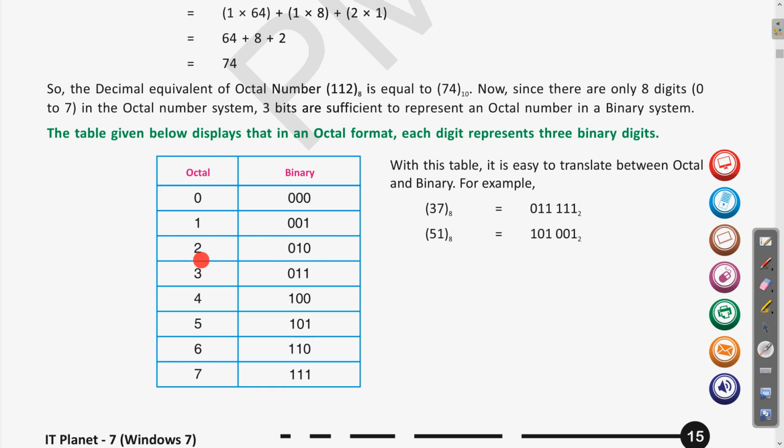Then 2, if we convert, we are dividing and converting it into binary. So that is why the binary equivalent of each digit is written in this form. Clear? So here you can see all of the digits written in the form of binary. Clear? If you don't want to learn it, it is the same.